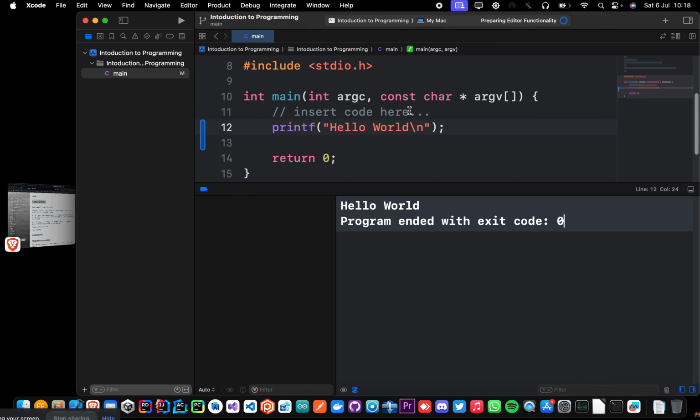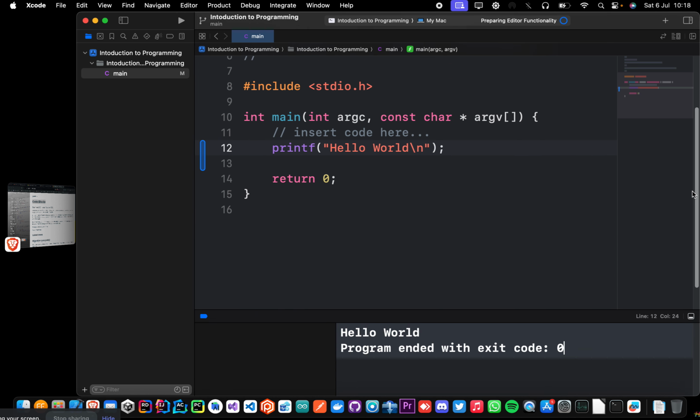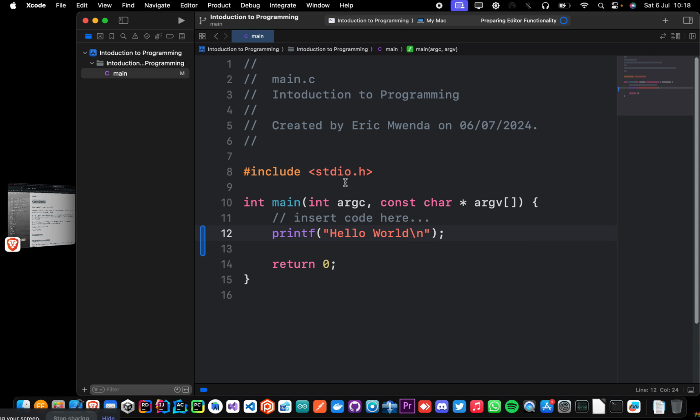So now look at this program. What we'll do is we will write this program now from scratch, and you can just discard all this. The main function, you don't have to have all these things that